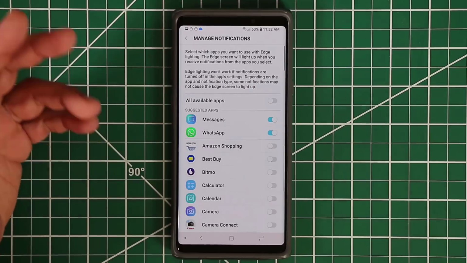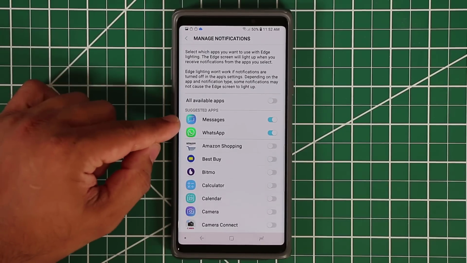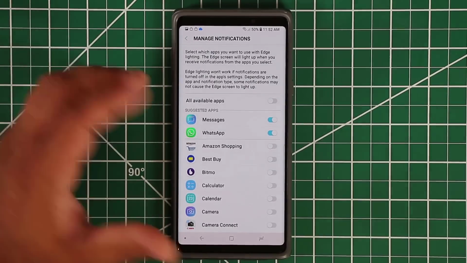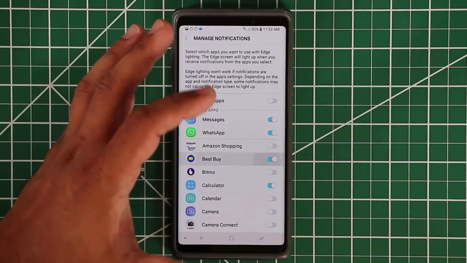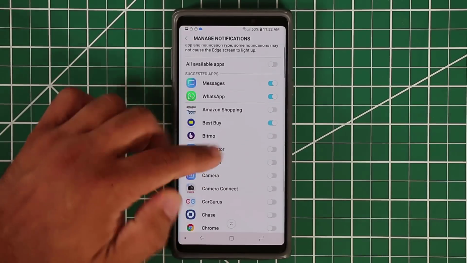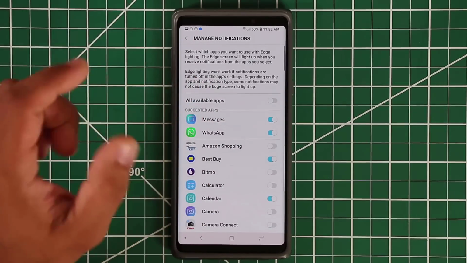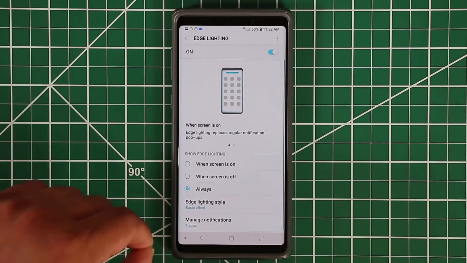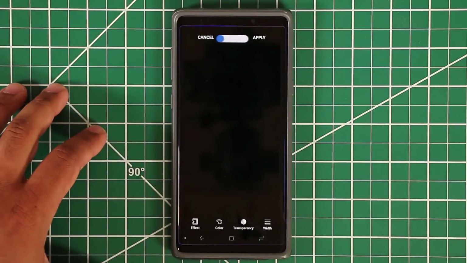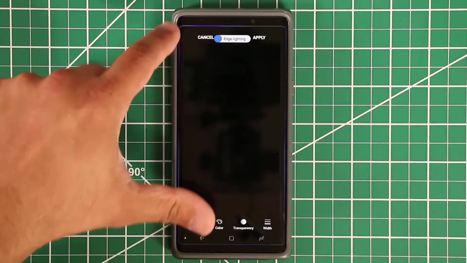And of course, you can use any app that you want. Right now, Messages and WhatsApp are enabled. I can enable this for any app that I want, like Best Buy. You don't need it for the calculator, calendar, whatever. So here's what happens. When somebody sends you a message, you get a nice lighting effect around the edges of